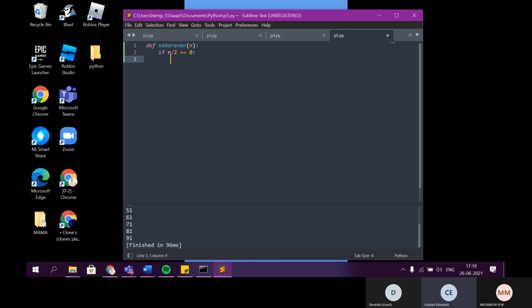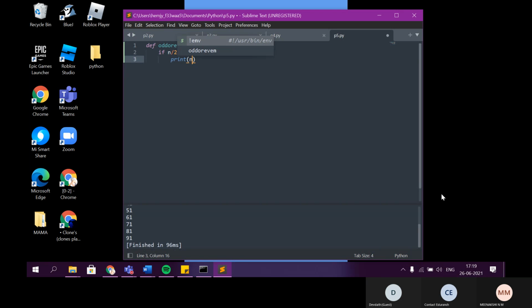What does that mean? Print? No. Give a tab. Why did you go back? This is under if, right? Yes, one more tab, because now this is under if. If it is divisible by 2, what is it?